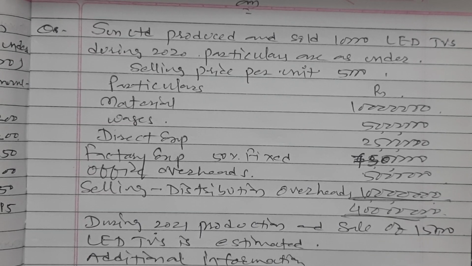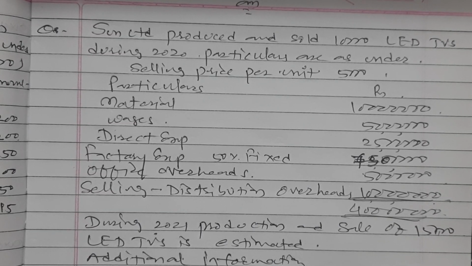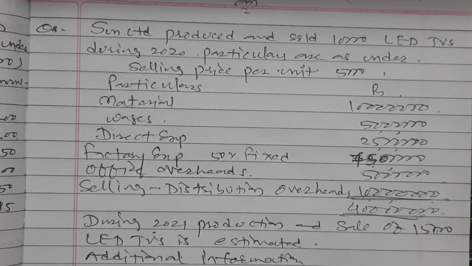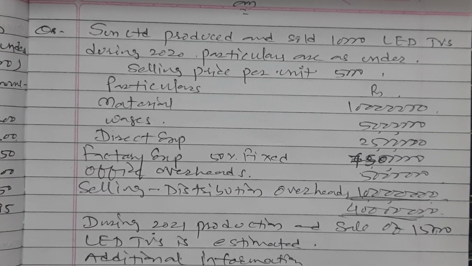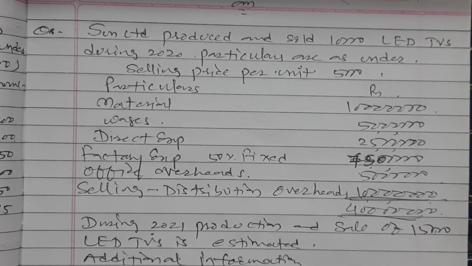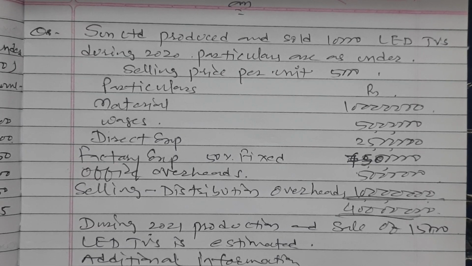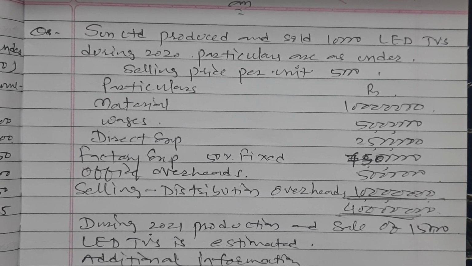I am Naresh Sir. Today in this lecture we are going to solve a question of unit costing in cost sheet. As you can see, the given question is Sun Limited produced and sold 10,000 LED TVs during 2020. Particulars are as under: selling price per unit rupees 5,000,